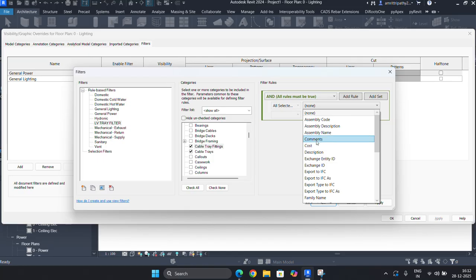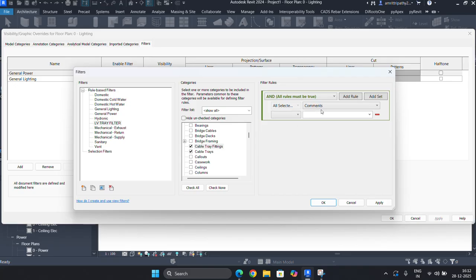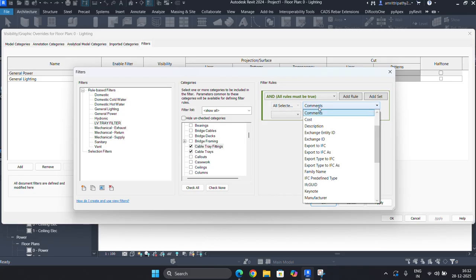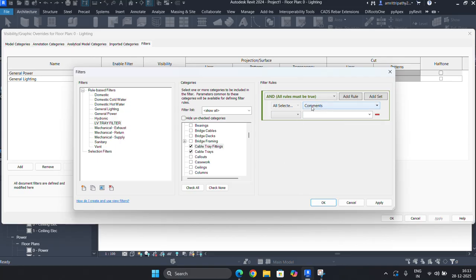For the time being, I am choosing comments. Most of the parameters come in the properties palette. Some of them will come in the edit type. After giving the parameter name over here,